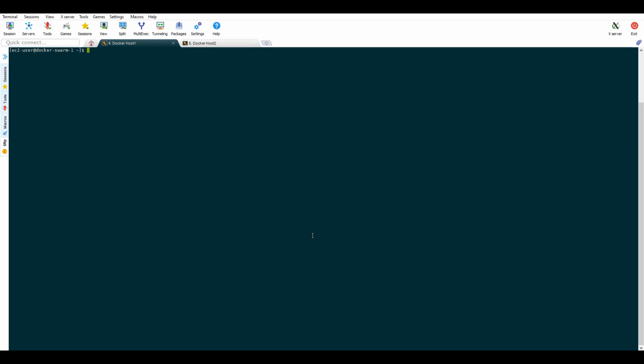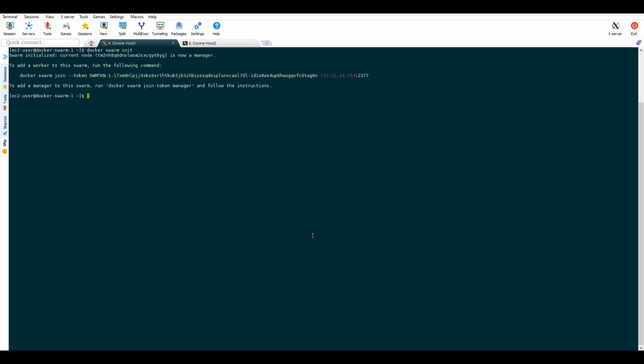Lastly, we will show you how Docker networks are created when we initialize a Docker swarm. So first we will run docker swarm init and this will create two networks, one a bridge network and one an overlay network. We can see two networks are created, docker_gwbridge and ingress. These two networks will be created in each Docker host that we add to the Docker Swarm cluster.